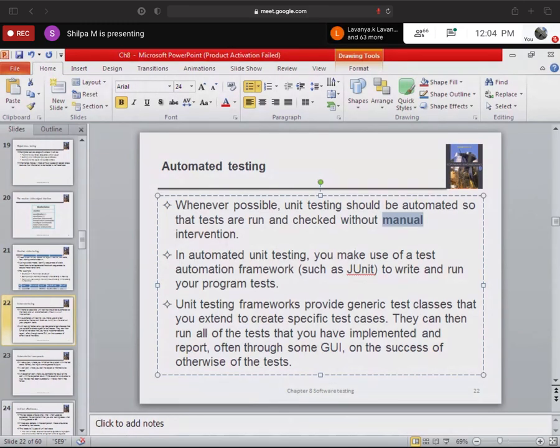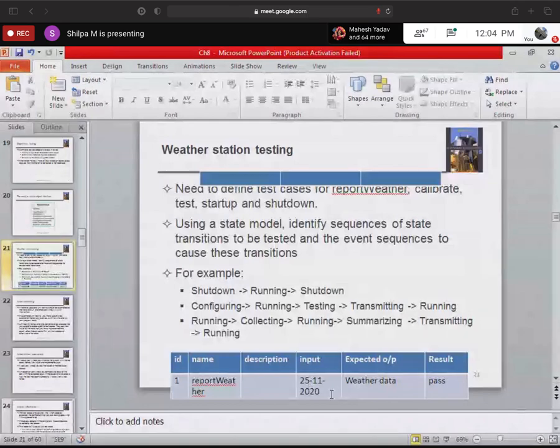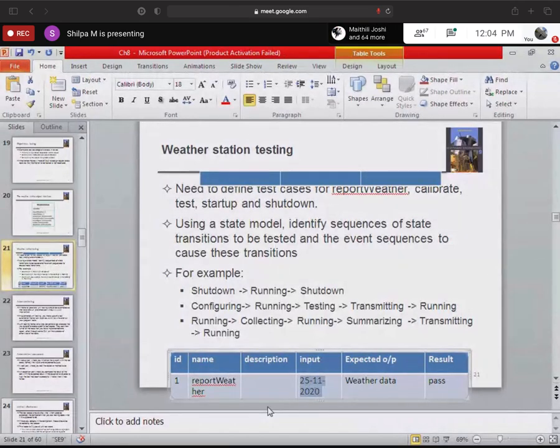What is the use of this automated testing? Let's say, for example, the previous slide I gave. The first time I give the input, there is some problem and it fails. Next time I see there is some problem with the month or the year; I have given 2020, it will take only the last two digits.